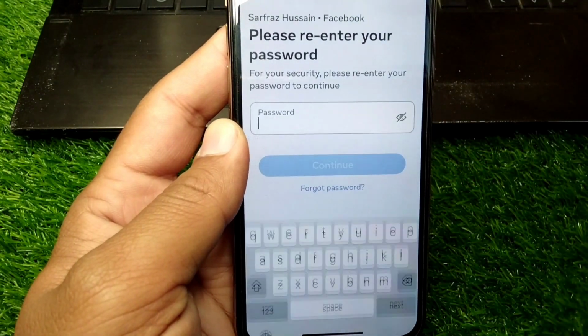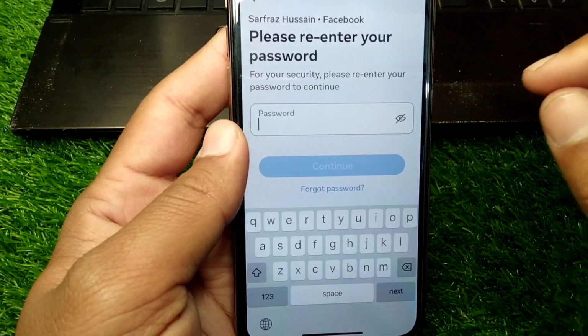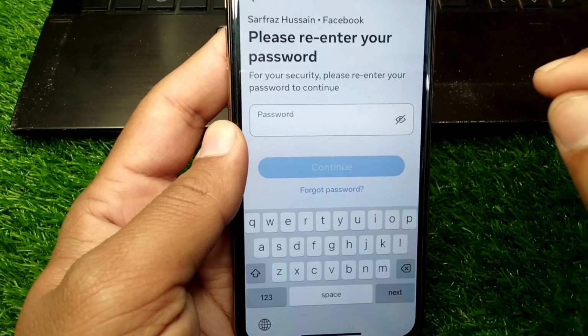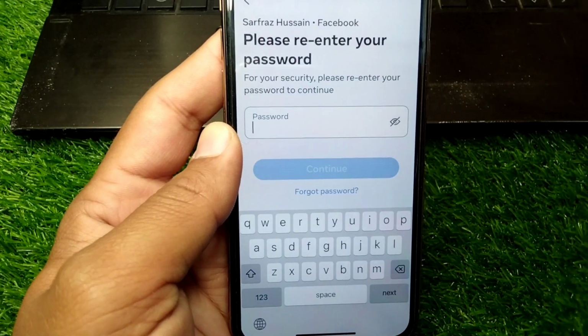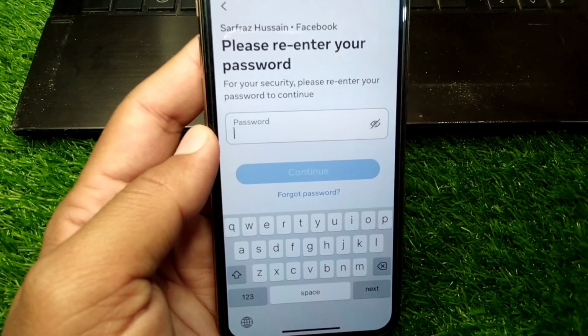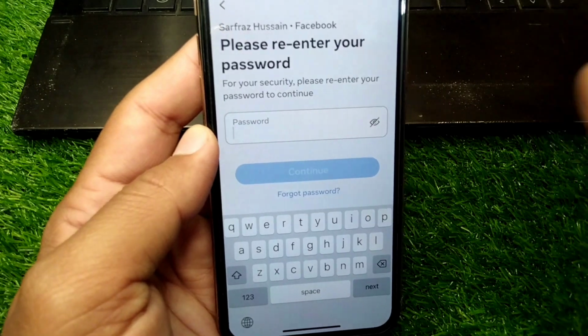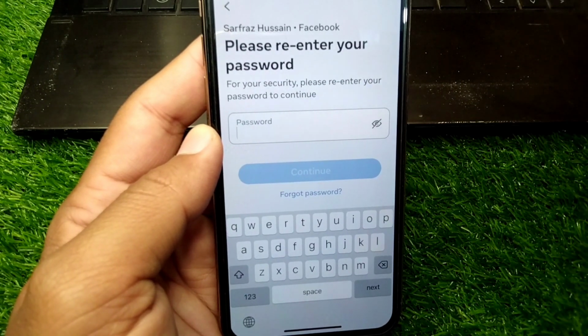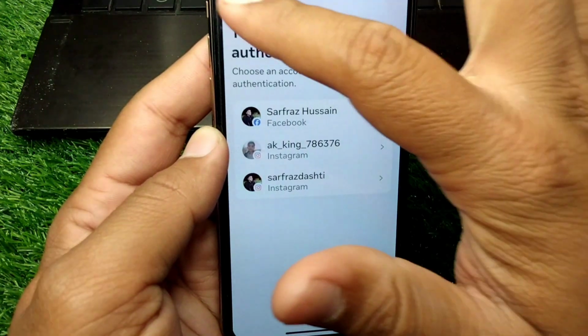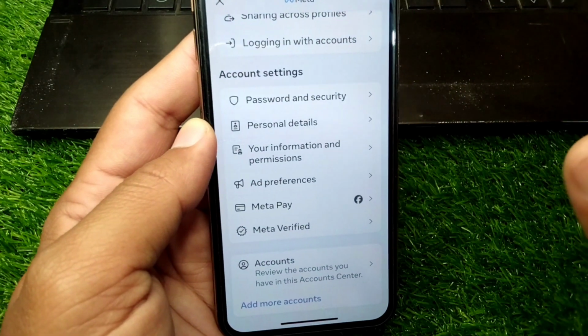your Facebook account, and from here you have to simply enter your Facebook password, and after this you have to turn on two-factor authentication on your Facebook account from here. So let's turn on two-factor authentication, and after this check if the problem is fixed or not, and if the